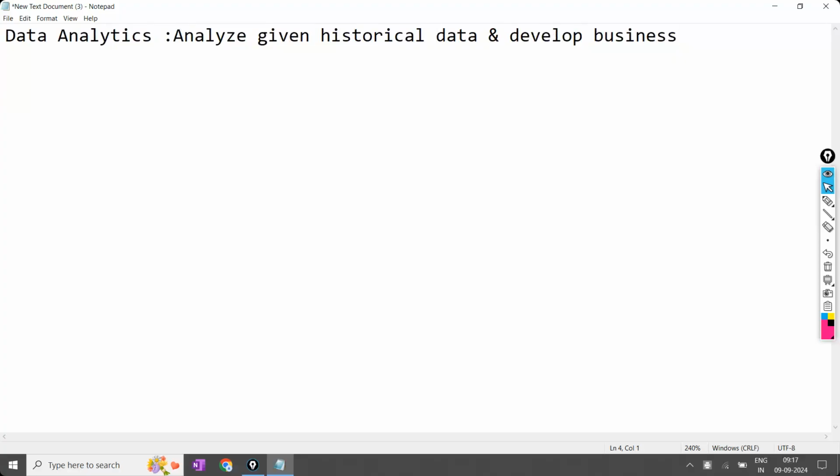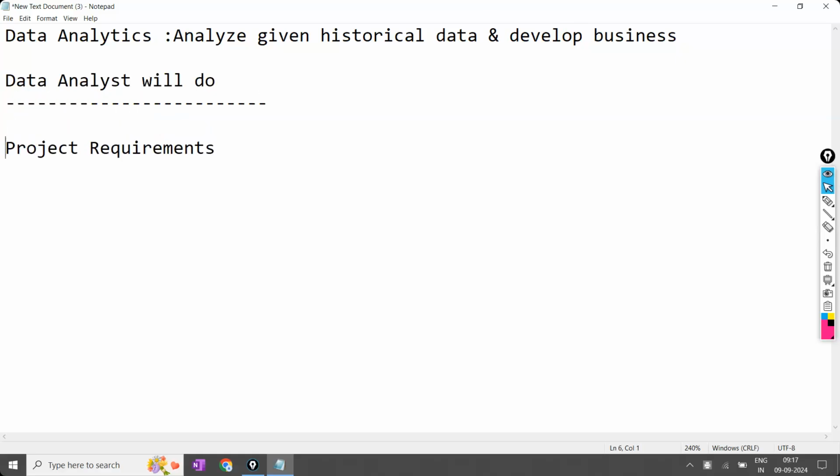And here, what are the steps involved? These are the important steps. First we have to understand the project requirements, as I have discussed earlier. What are the steps involved in any data analyst role, and what exactly a data analyst will do in real life. If you observe, first in step one he will understand the project requirements and what exactly they want. In step two, he will collect the data from the database